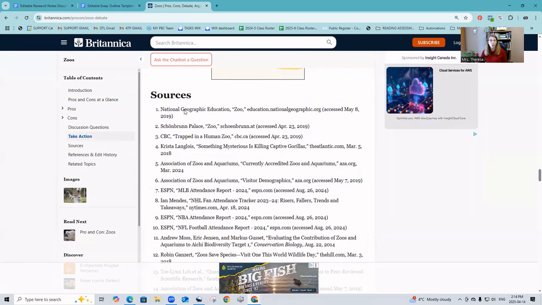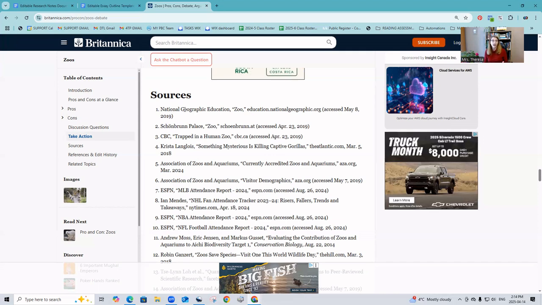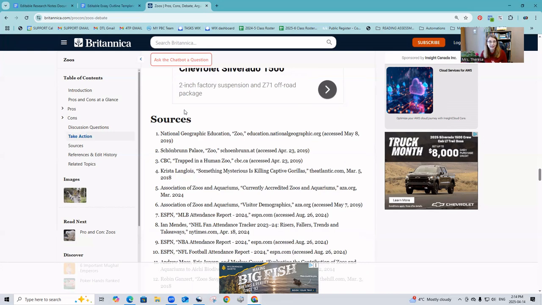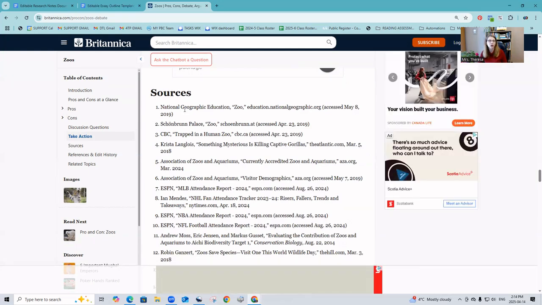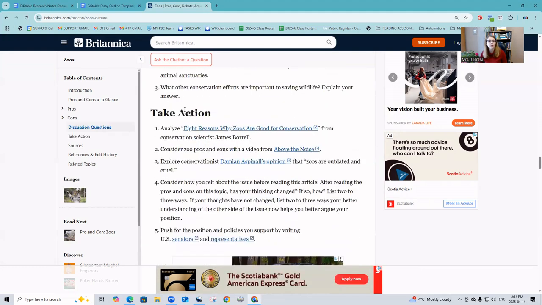They very likely don't say the same things at these sources that the Britannica has written in their article. What they are are facts that the writers of this webpage have brought together and come to a conclusion based on those facts. That's ideally what we're looking for. That usually doesn't happen till middle or upper high school, that ability to think outside the box, just to look at facts and come up with your own conclusion. So don't expect that too young, but it is something that we eventually hope to see. So that's a really good sign.